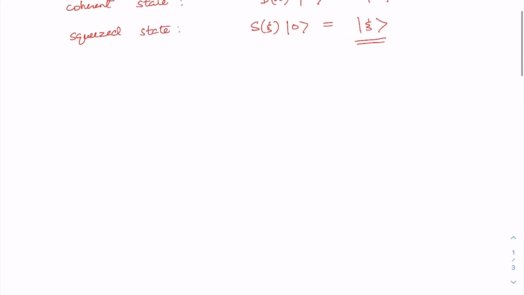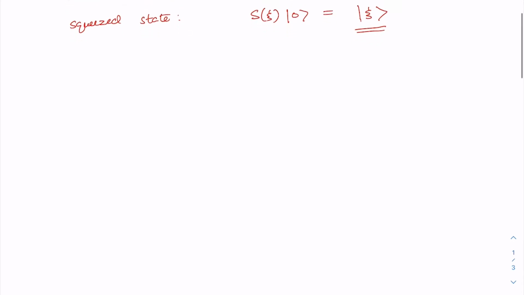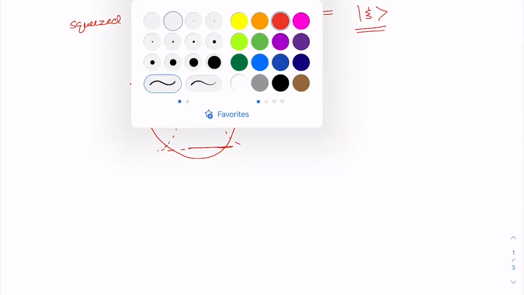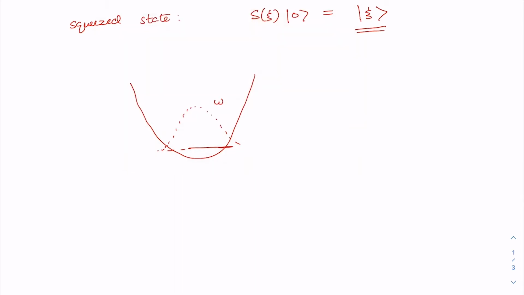Let me explain it a little bit more clearly. Let us take the usual ground state of a harmonic oscillator with, say, frequency omega. You know that the ground state of a harmonic oscillator is Gaussian, so suppose this is what we have, and this harmonic oscillator has the natural frequency, say, omega. Now increase the curvature of the harmonic oscillator. If we increase the curvature of the harmonic oscillator potential, that implies squeezing of the harmonic oscillator. So this is what we are going to get.